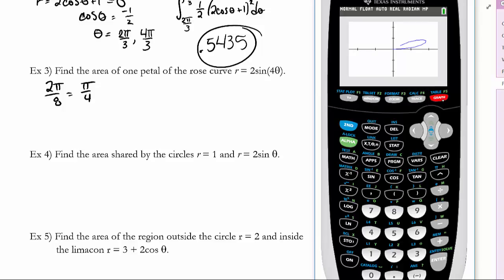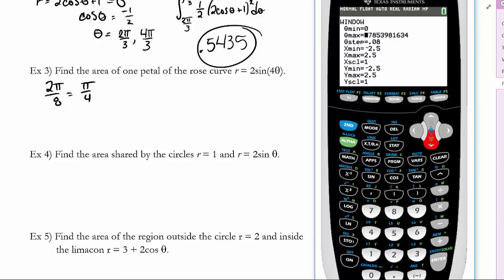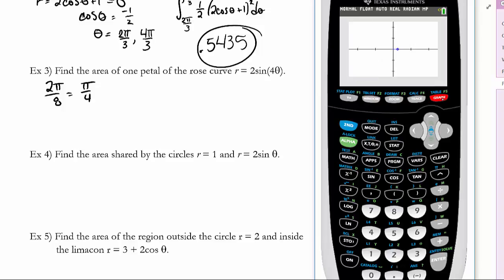Alright, now, Mrs. Ripper, why don't you see a whole petal? Well, it's because our calculator theta step is still kind of big, so if I go back and change this to like 0.01, it should get a little bit closer there. Oh my gosh. It's like watching paint dry. There we go. See, there's one petal. So your theta step was kind of messing up, but I do get one petal from 0 to pi over